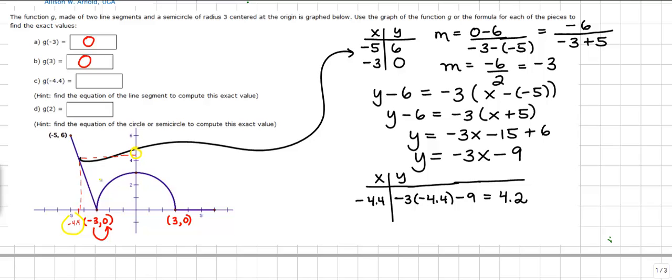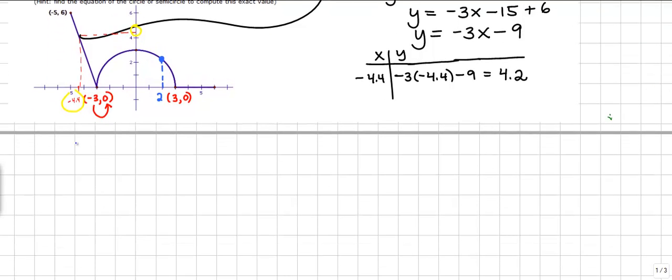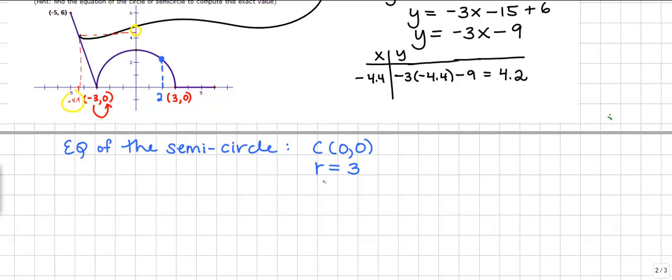Alright, lastly, you're asked to find the value of g of 2. G of 2 is even more interesting, if you will, because it is corresponding to the part that's a semicircle. So this is a good review. So let's scroll down a little bit. I need the equation of the semicircle. Going back to an earlier section, we know that if the center is 0, 0, and if the radius is 3, and it's the top half of a semicircle,